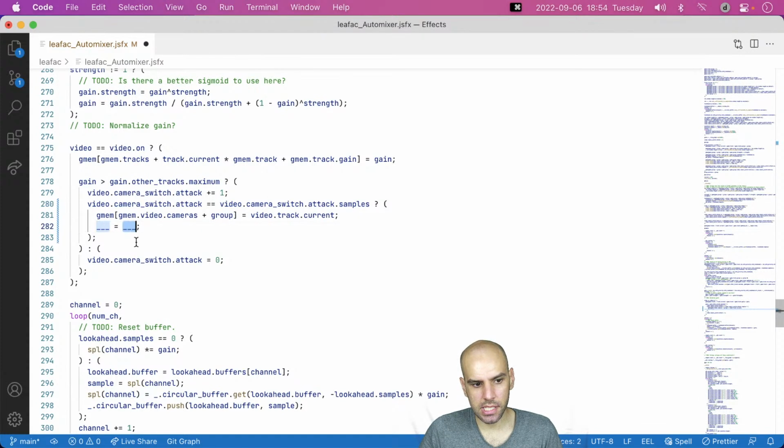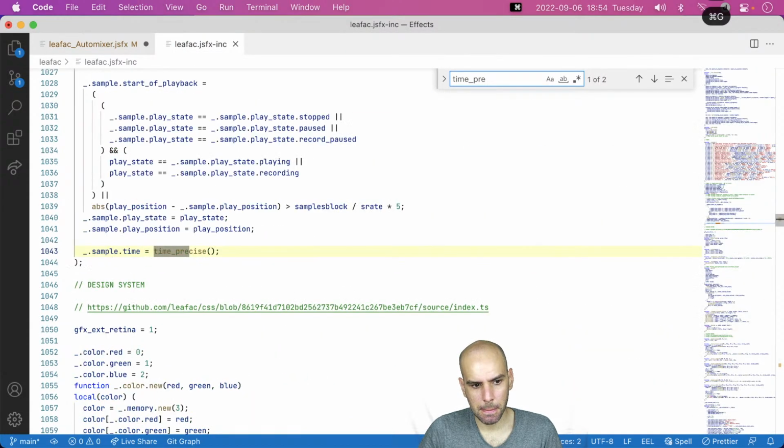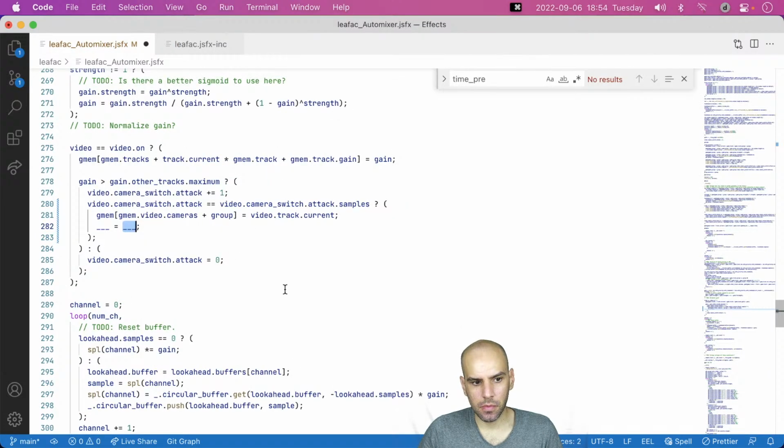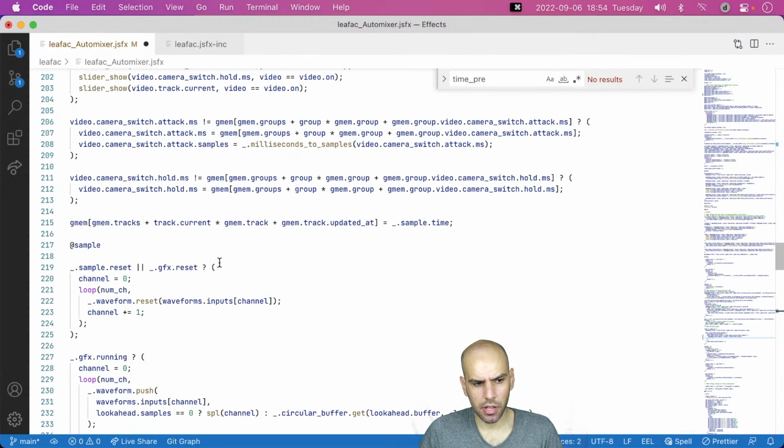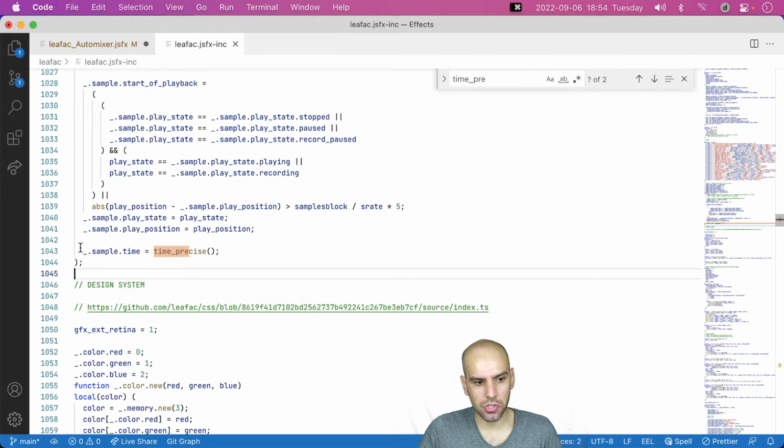Let's start with the timestamp, which is easier. We already have a notion of timestamp somewhere. Oh, but only for samples. That's kind of interesting. Well, I think we will need something like that for... Oh, but hang on, we are in the sample section. I was thinking for a moment that we were in the JSFX section just because we are dealing with video, but no, we are in this section, so we can just use this notion of time.